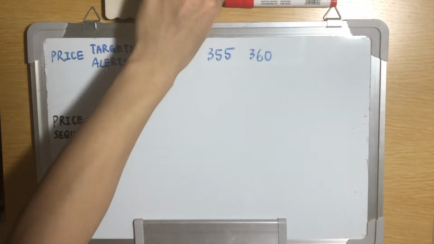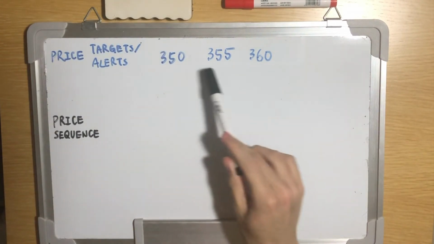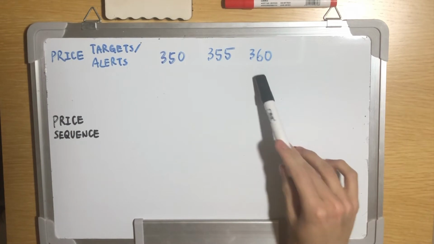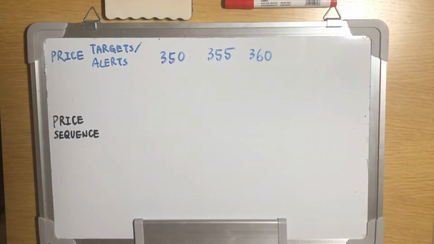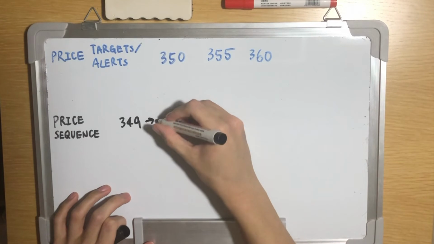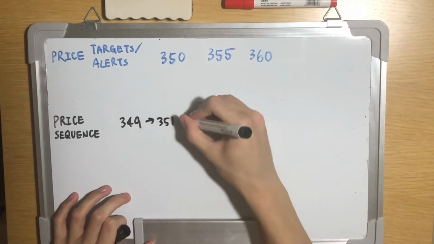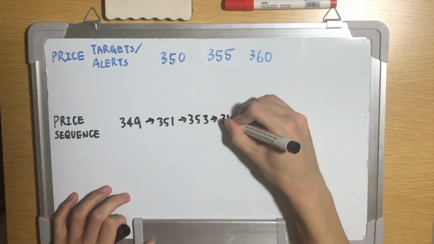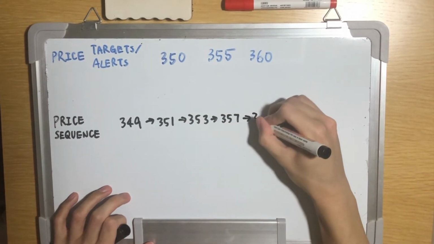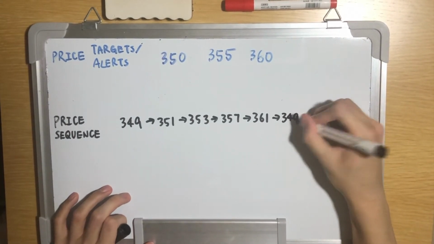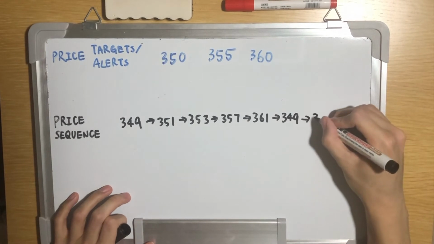Okay, so let's assume that we have the following 3 price targets, which are 350, 355, and 360 for a cryptocurrency. So let's assume the following sequence. So if it's 349, and then it increases to 351, 353, 357, 361, and then it dropped back down to 349, and then it soared to